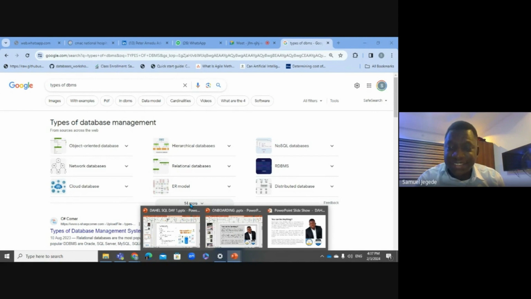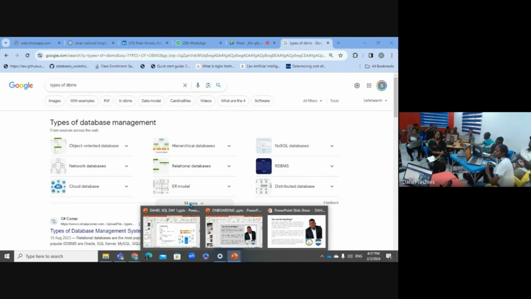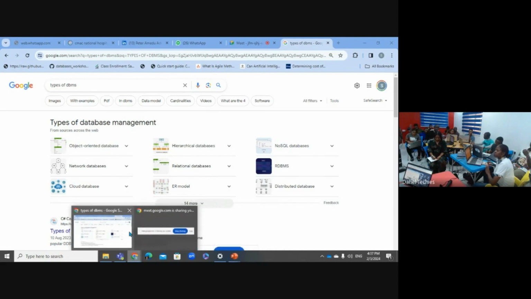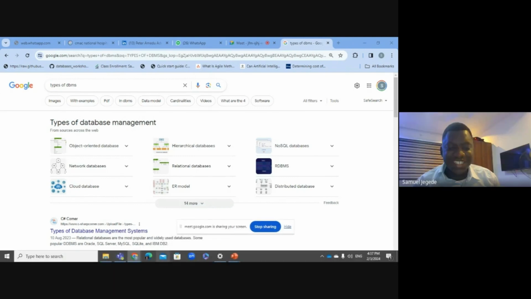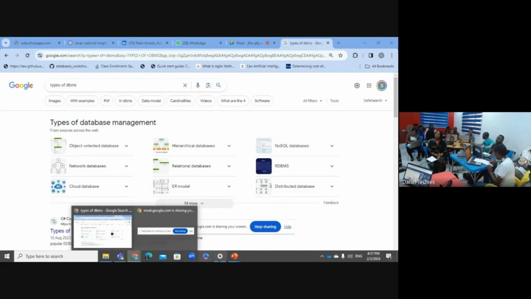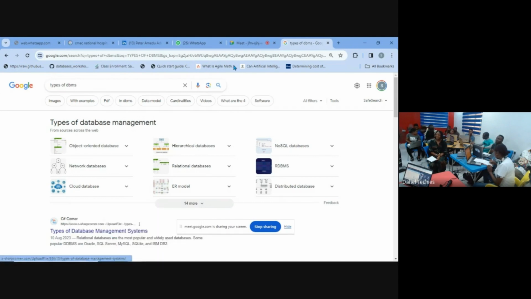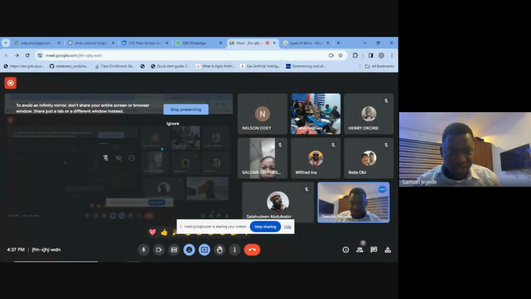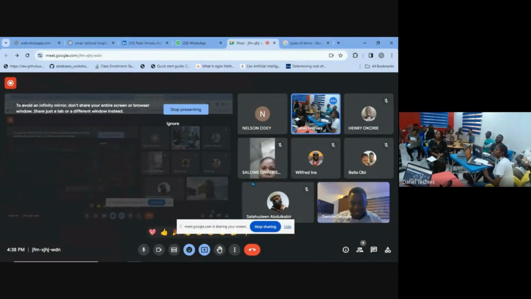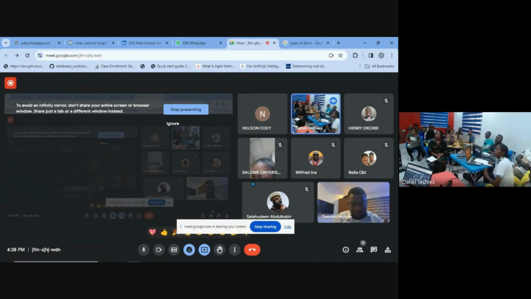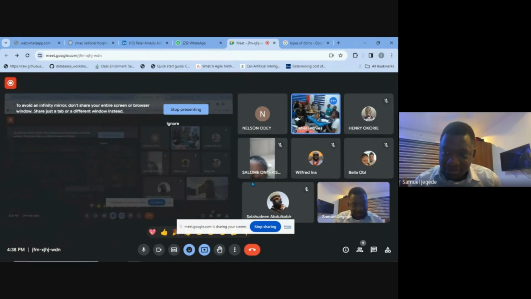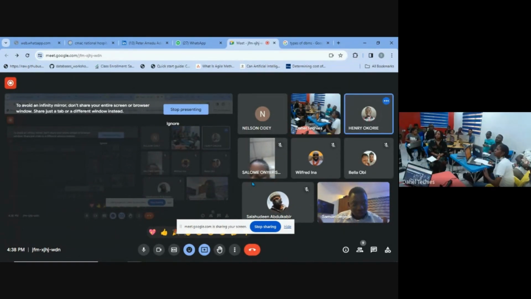Number two, your data set is saved in a table. There are some data sets that you cannot save in tables. Who can give me examples of data sets I cannot save in tables? Can you save all data sets in tables? When I say tables, what are tables? Rows and columns. Yes, tables are rows and columns.